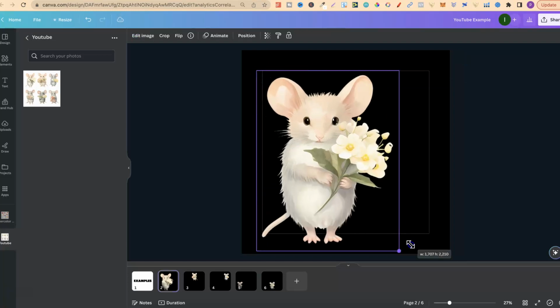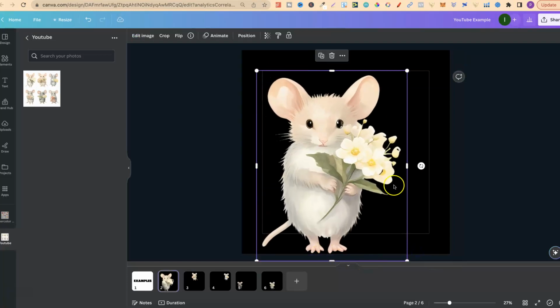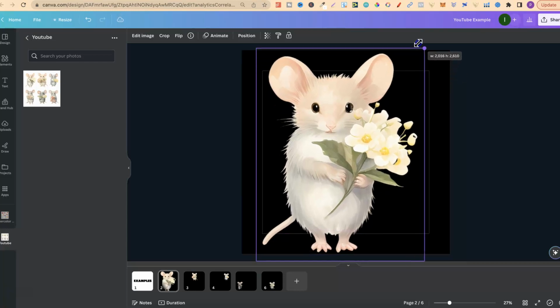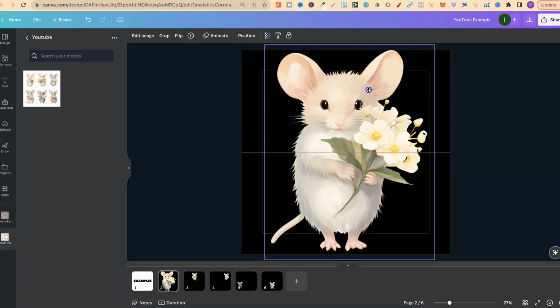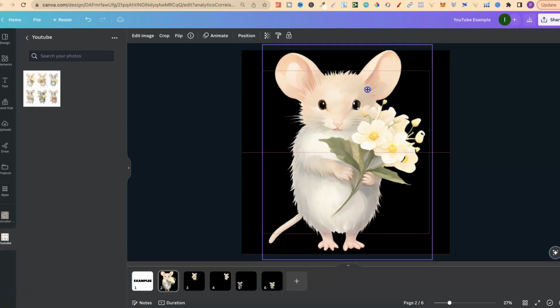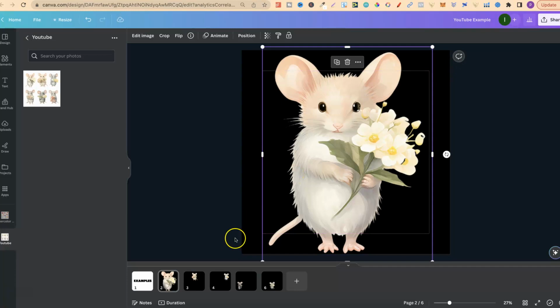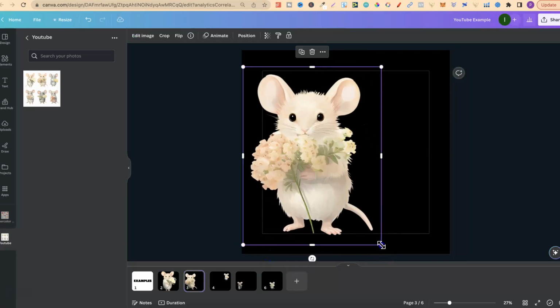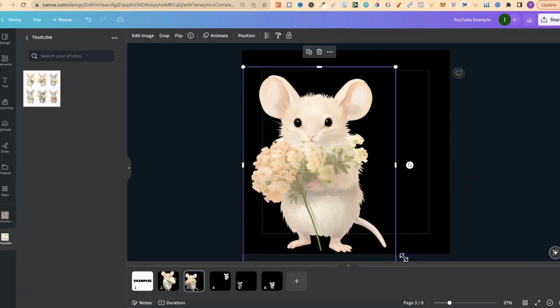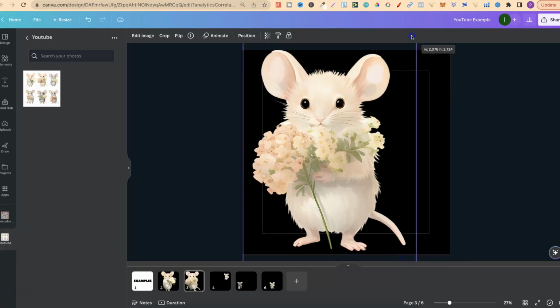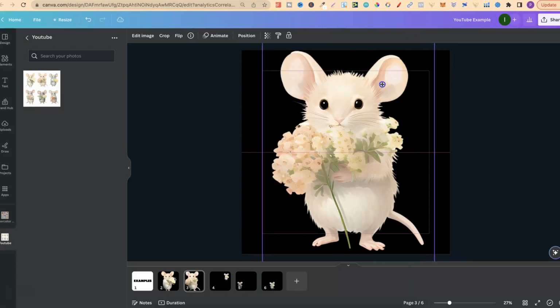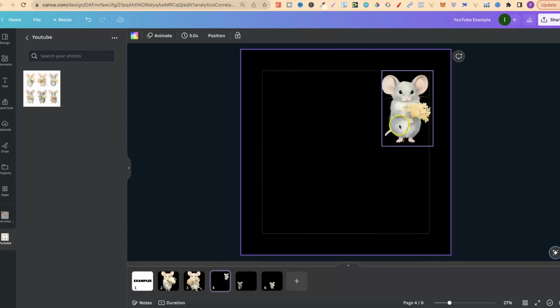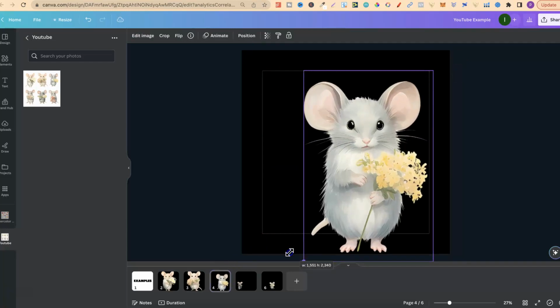We're now going to make them bigger. So let's put the feet right at the edge of the page like so. Let's make the ears bigger as well to there, and then let's just center on the page. Now we're just going to go through and do the rest of the images as well. So that's the first one. Let's do the second one. Let's just make that bigger like this. Put those feet right to the edge, and let's put the ears right to the edge as well, and then let's just center that. Then we're going to do the third one as well, but we can see so far